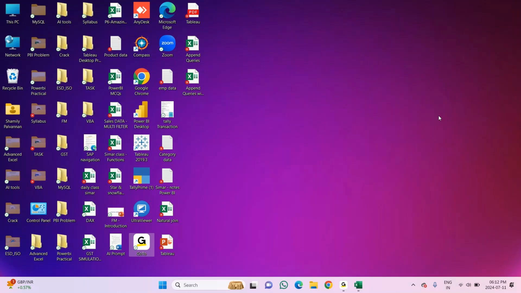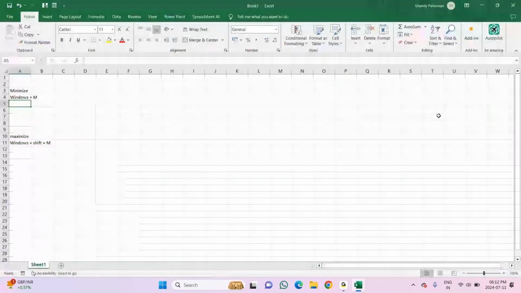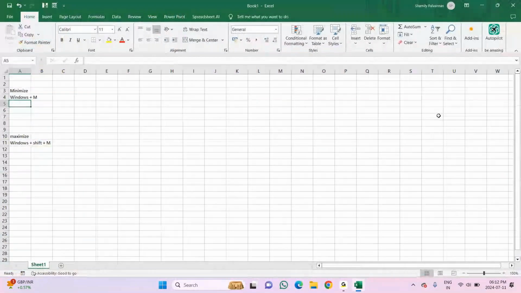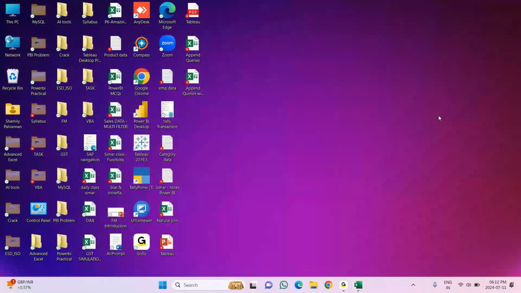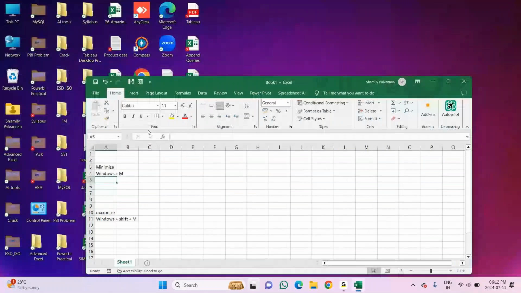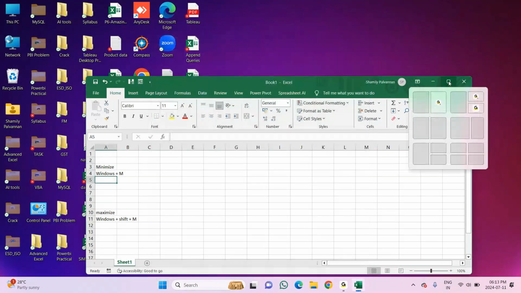So I'll use Alt Tab to open the window. Now if I press Windows up arrow key, it will work. But Windows down arrow key and Windows up arrow key work only once. When we minimize completely with Windows down arrow key again and try to open the window, it will not allow me to. So I'll be using Alt Tab, or you can use the other keys which I suggested in the first one, like Windows M or Windows Shift M.